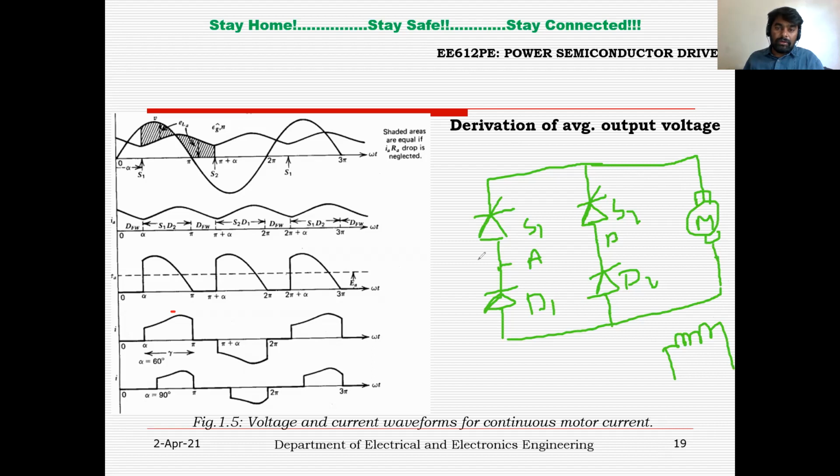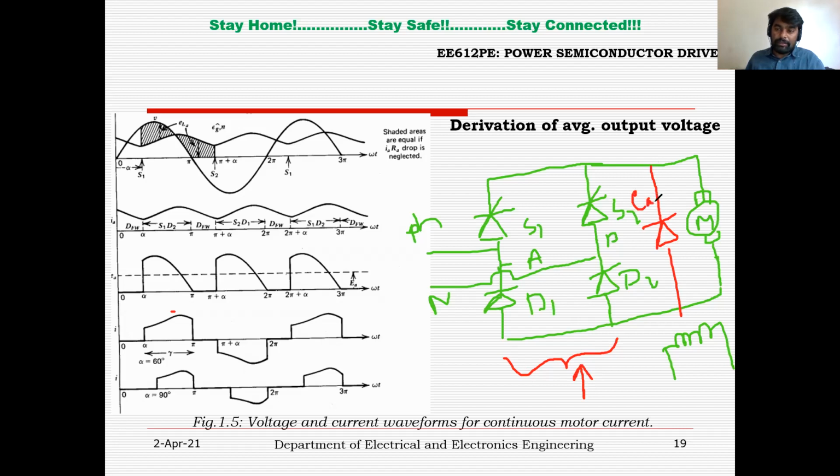So I am not going to draw the field winding, which is not fed from the semi-controlled converter. Now, leg A is connected to phase, leg B is connected to neutral point, right? So this is the equivalent circuit. Now, which means to this controlled converter, you will be having one freewheeling diode also. I will come to that point, right? So to this controlled converter, we are getting the controllable voltage after this, let us say EA, right? So that can be achieved by varying the firing angle alpha.